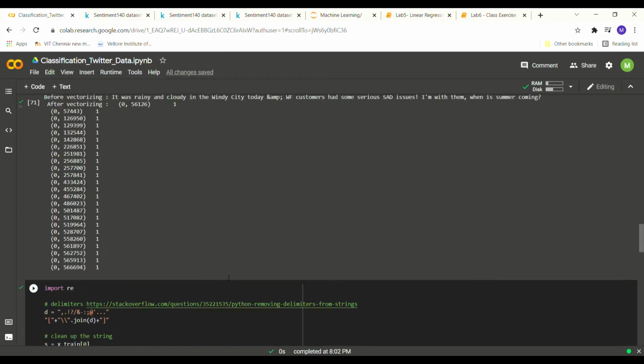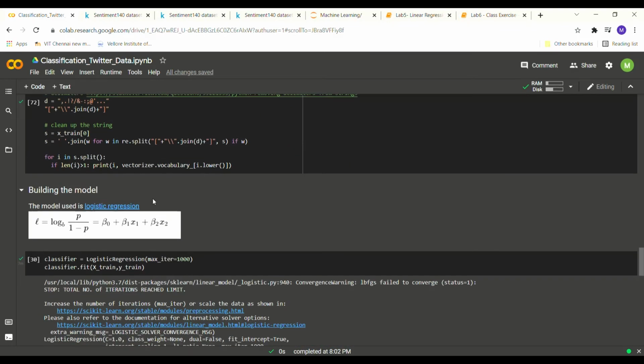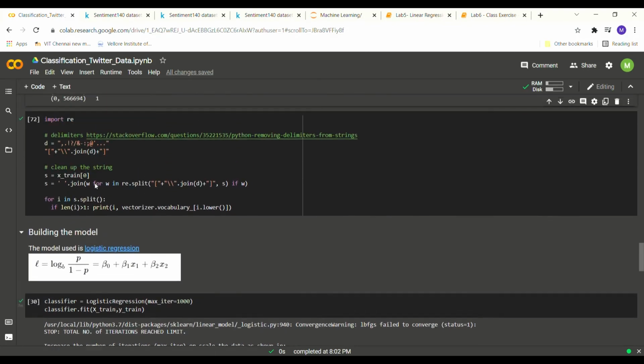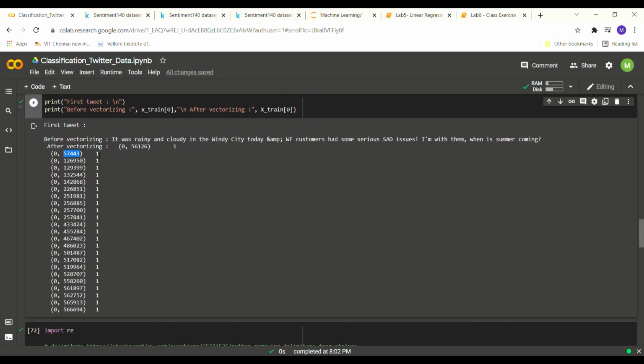Once we build the model, the model checks for each of the words that is present in the vocabulary according to the index number. So if you're taking this tweet as an example, the model looks for each of the words starting from the index 0, 1, 2, 3, etc. and so on until it reaches an index of this much. Then we can say that that particular word is present in the particular tweet. So it has a count of 1.